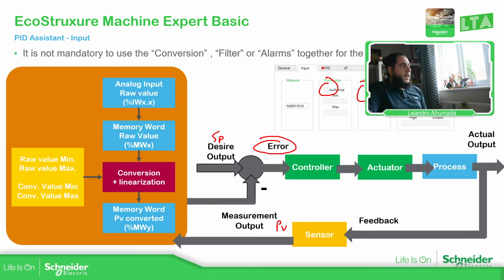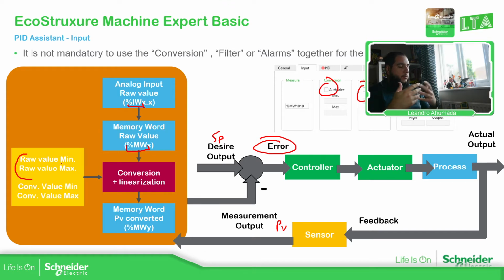You can assign the analog input that we have on the system, which is the percentage IW, to a percentage MW. Once you have this percentage MW, what you can do is to create some kind of conversion linearization using the raw values for the min and max, just to define 2 points, and another 2 points from the X and Y